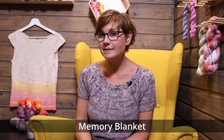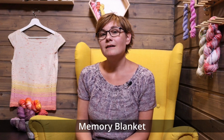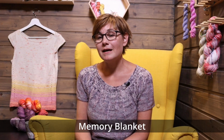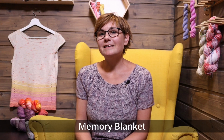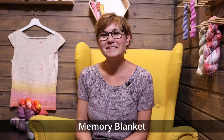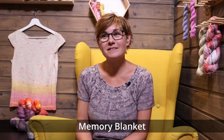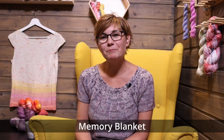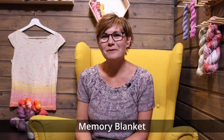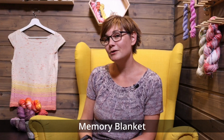So the last thing I have on my needles is a memory blanket. It's been a while since I've shown it, but I have been working on it. I decided that I wanted to make an effort and knit on it every Sunday. I did knit on it one Sunday, and then I didn't knit on it the next Sundays because I forgot that I made myself that promise, and when I remembered, I didn't feel like knitting on it anyway. But I have been knitting on it for one Sunday, so there's a few new